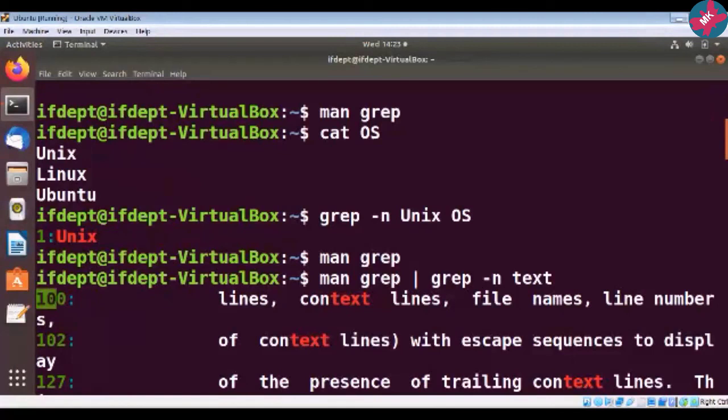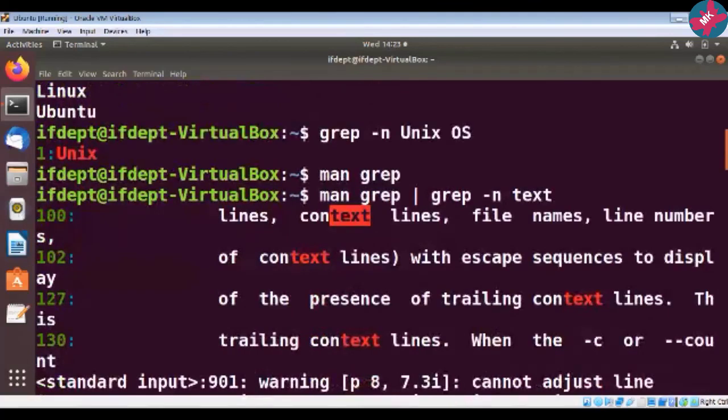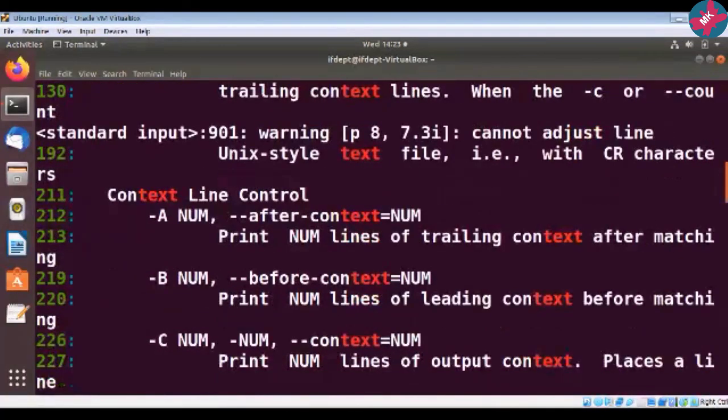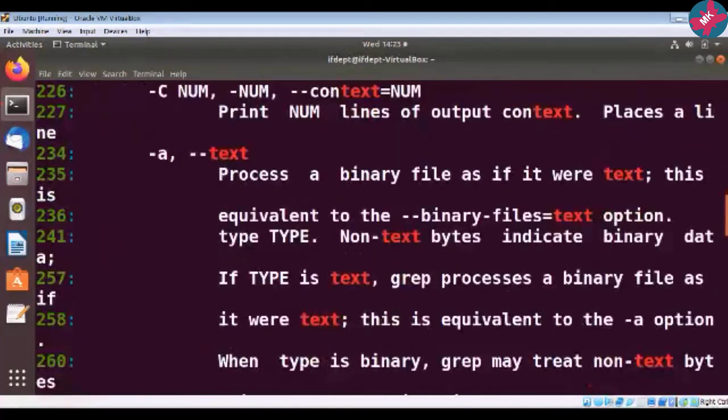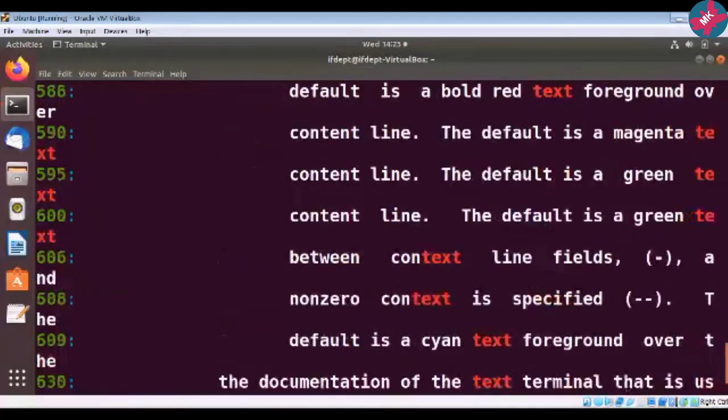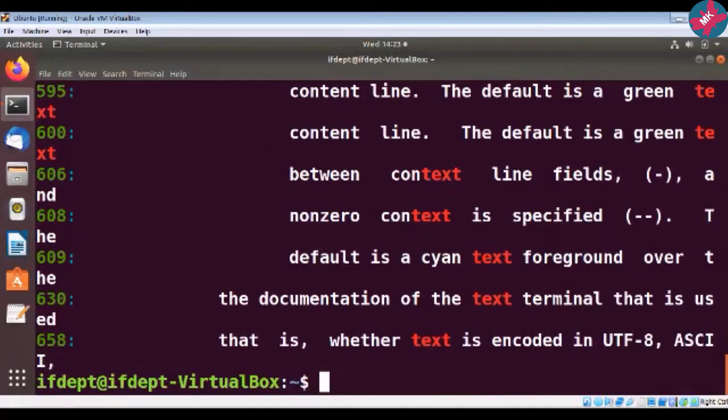On whichever line this particular text was present, it has given me all the line numbers. See, on each and every line it is highlighted. This is how powerful the grep command is. So this is all about the grep command.